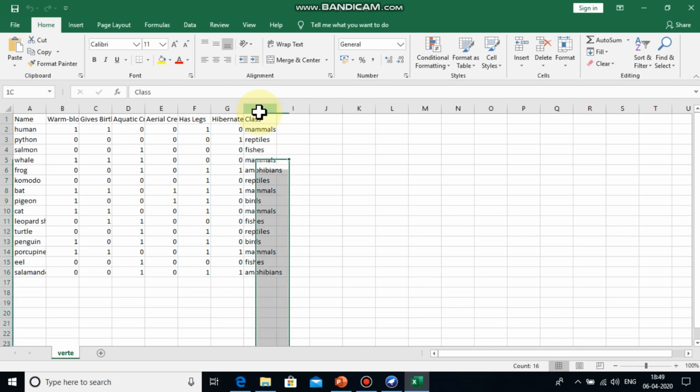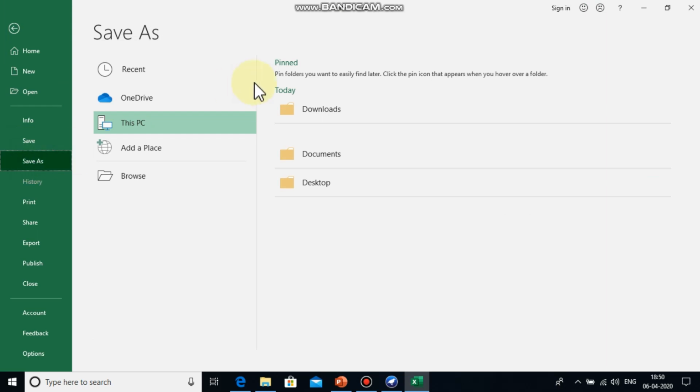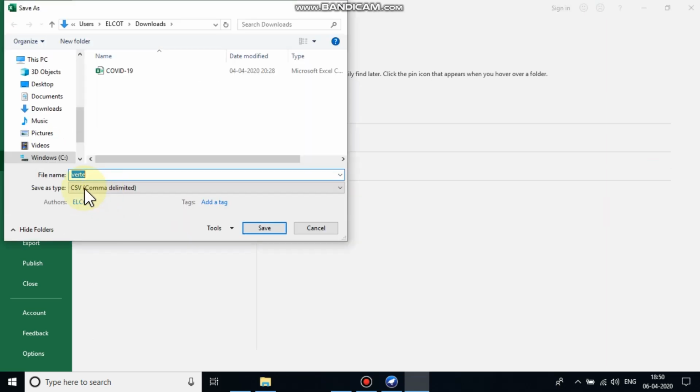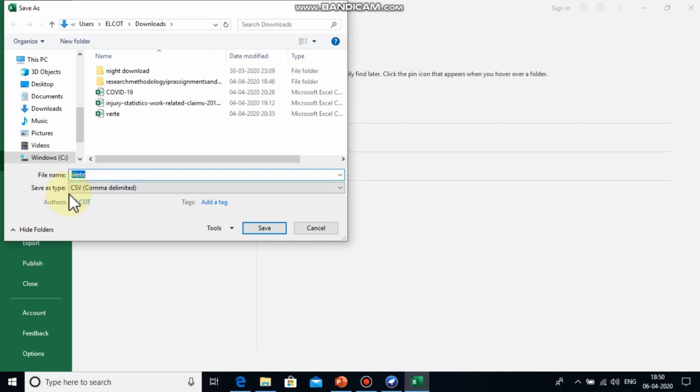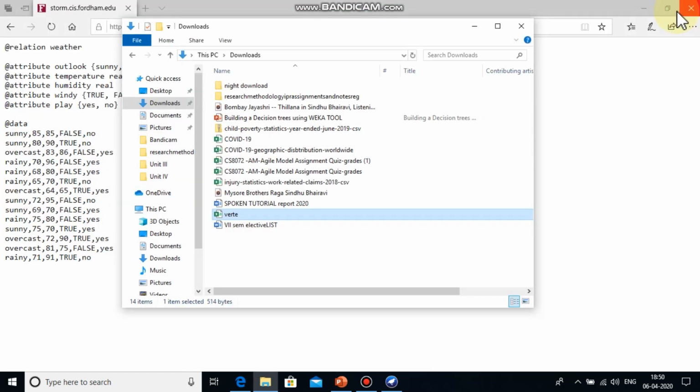The last column refers to the label, where we classify the data set based upon the class label. Now you have to save this data set in CSV format. You have to give a file name and give the save type as CSV. I have already saved this example.